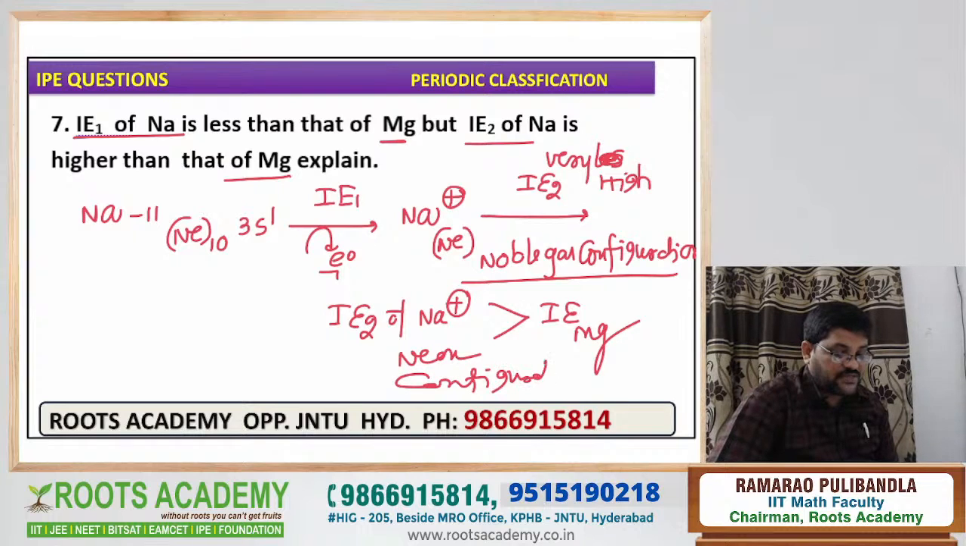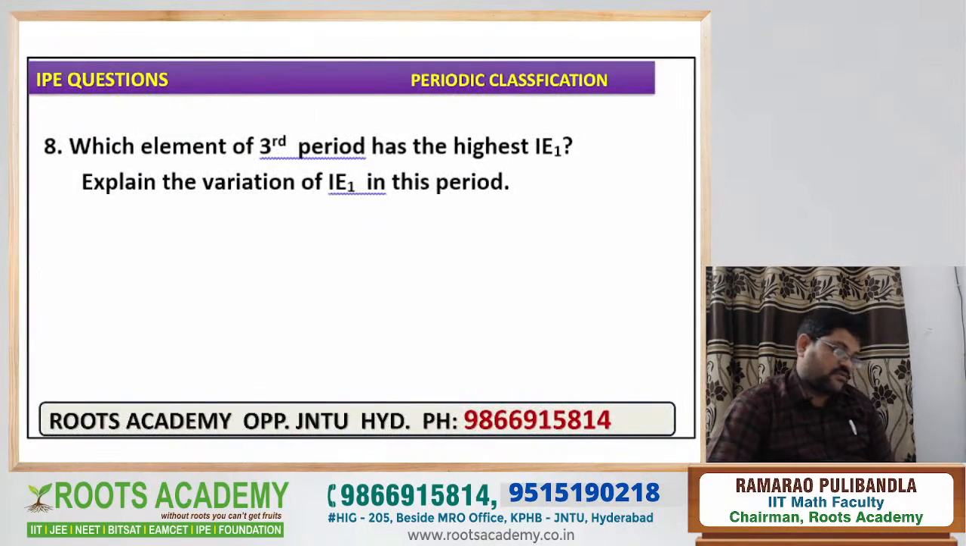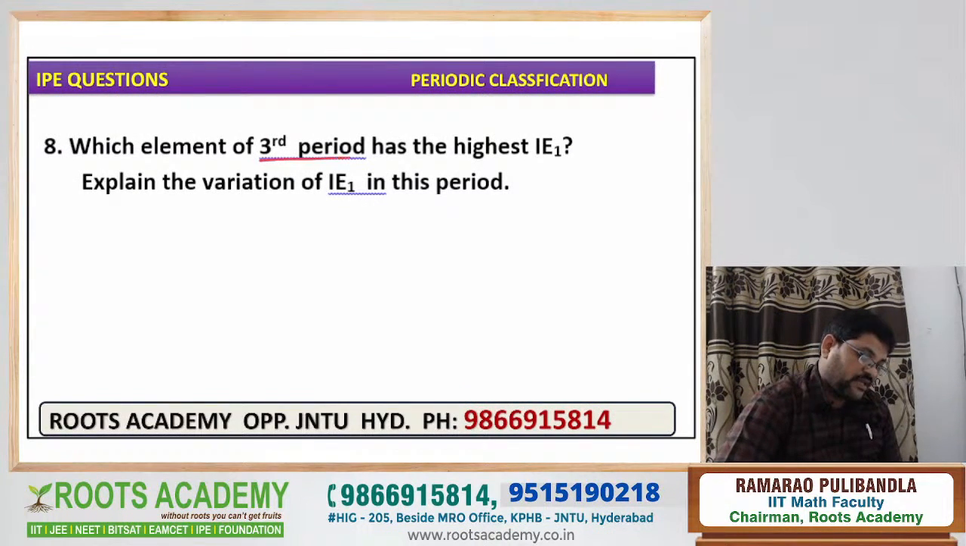Tell me what I am saying. Na plus is stabilized by neon configuration. Simple logic, no confusion. Understand, students? Yes, very good. Now see, the next important point: which element of the third period has the highest ionization energy 1? Explain the variation of ionization energy 1